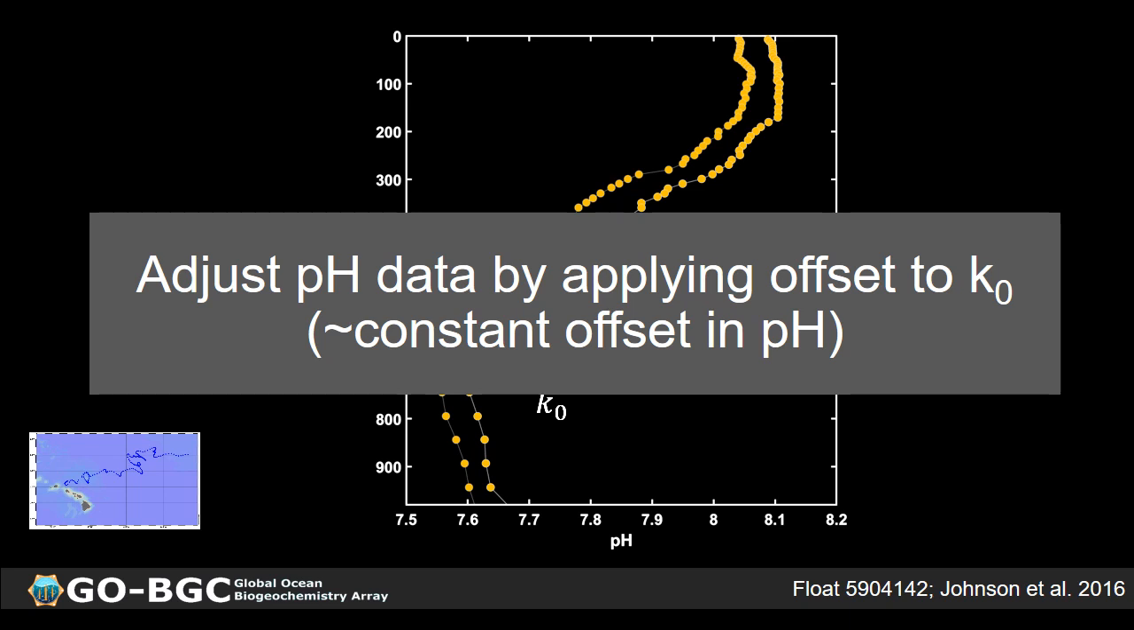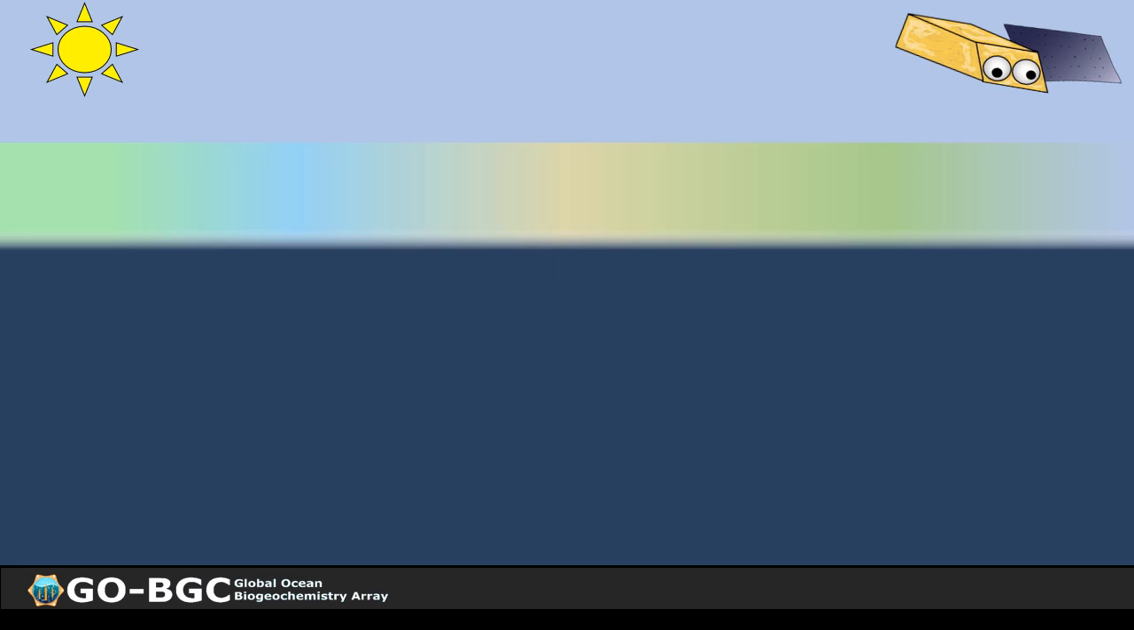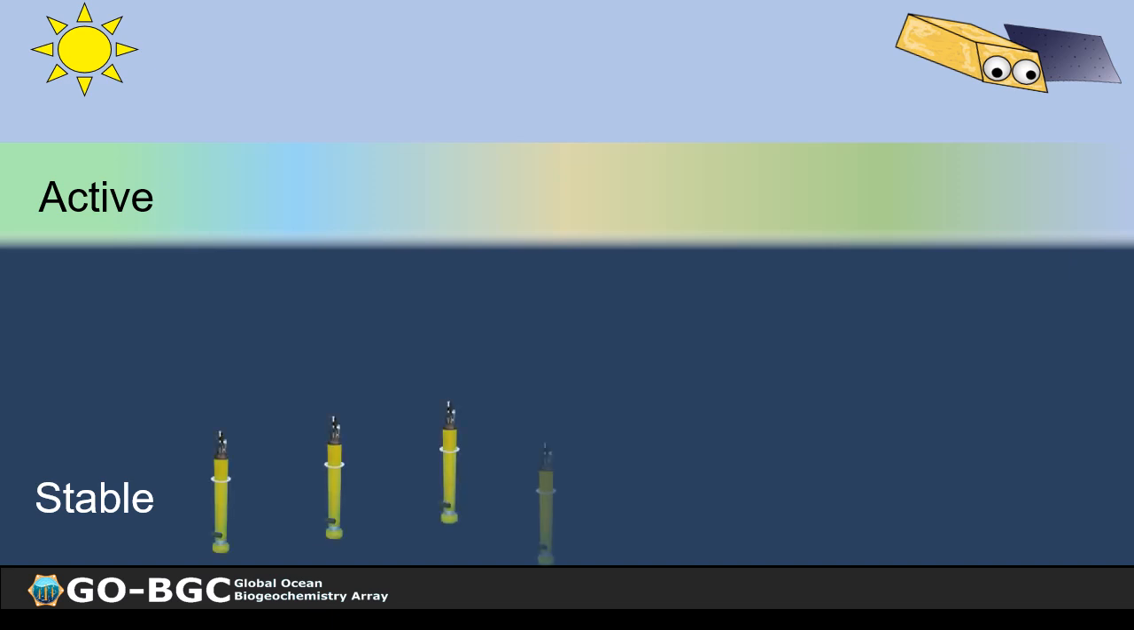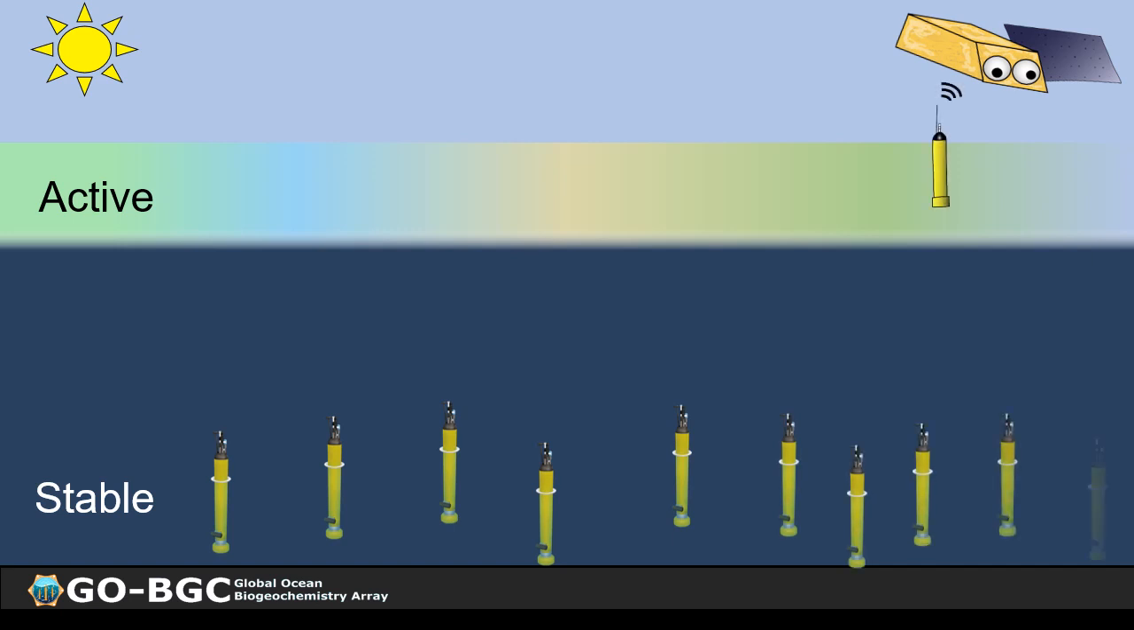So how do we do that? The approach that we take is similar to how Core Argo adjusts for drift in their salinity data. And we take advantage of the fact that the deep ocean is stable and fairly predictable. So a profiling float makes measurements in the deep ocean for each profile. So if we can predict the conditions in the deep ocean, then we can assess sensor drift throughout the